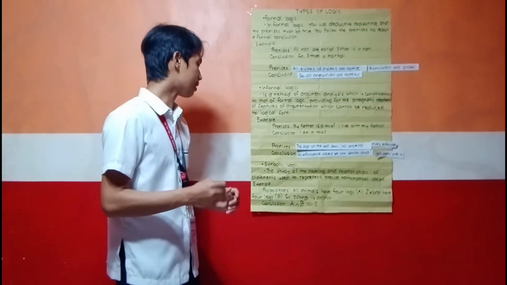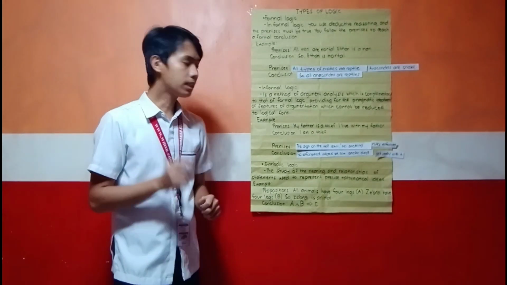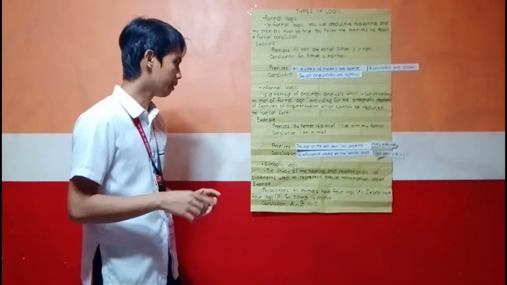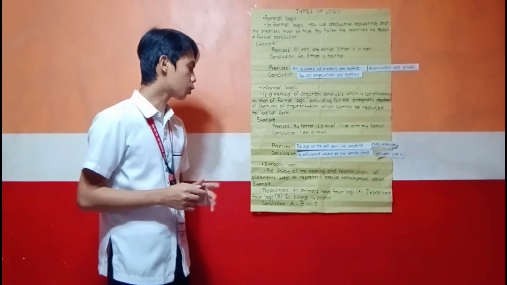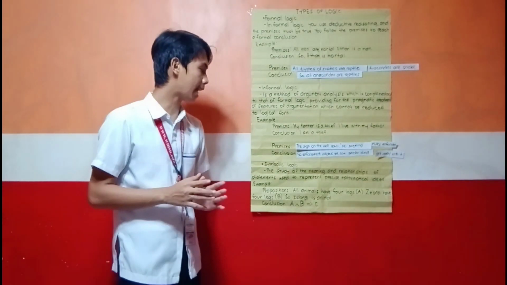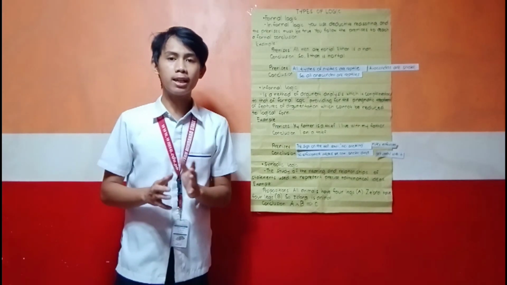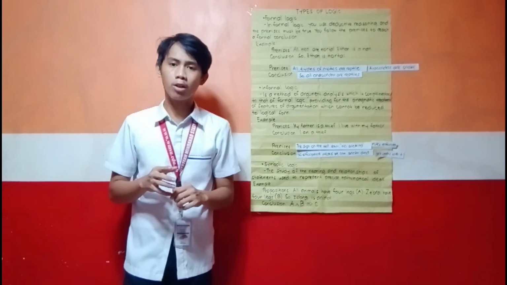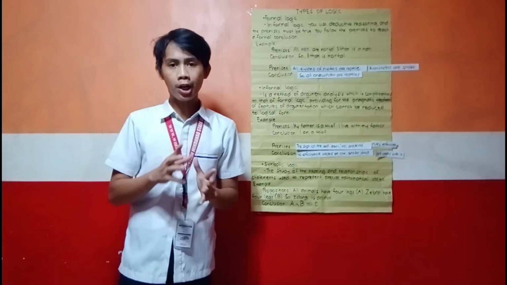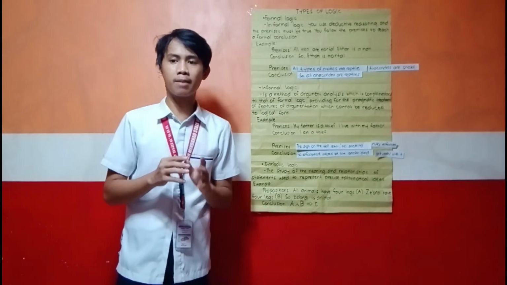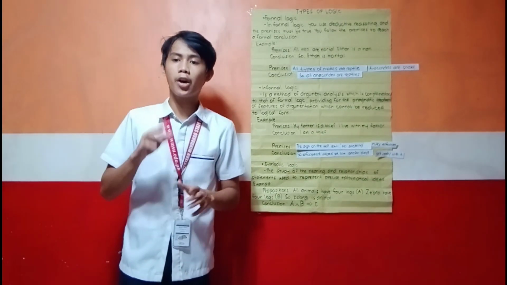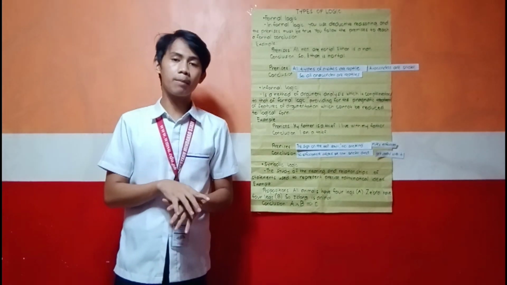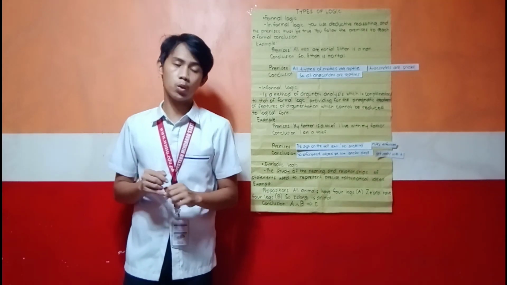Then, next is the symbolic logic. Symbolic logic is the study of the meaning and relationships of statements used to represent precise mathematical ideas. So, symbolic logic is a science. It assigns symbols to verbal reasoning in order to be able to check the veracity of the statements through a mathematical process. You typically see this type of logic used in calculus.